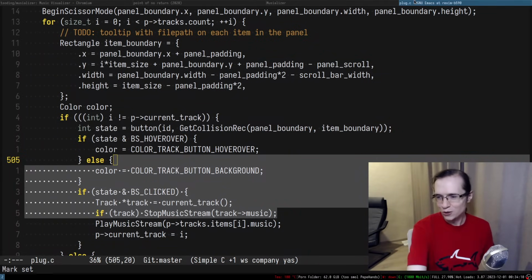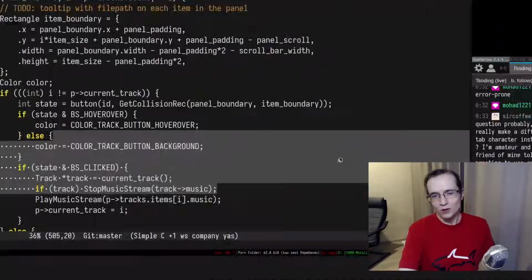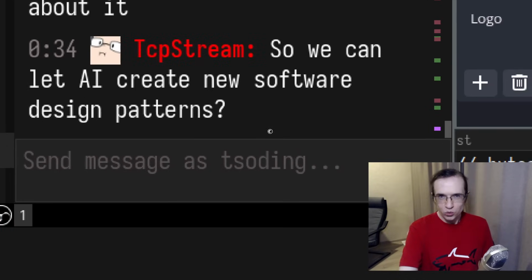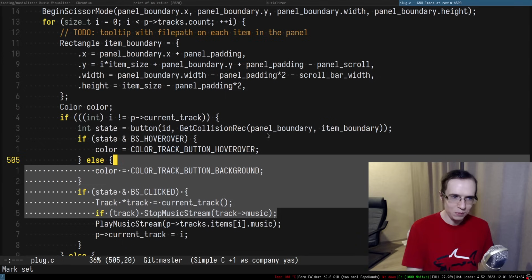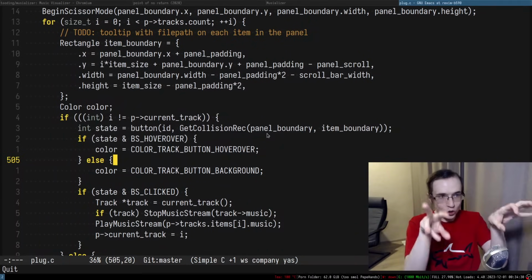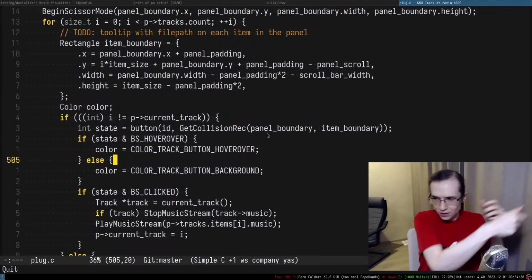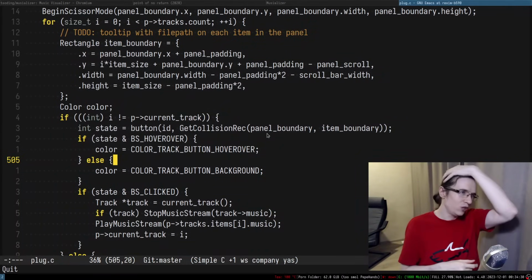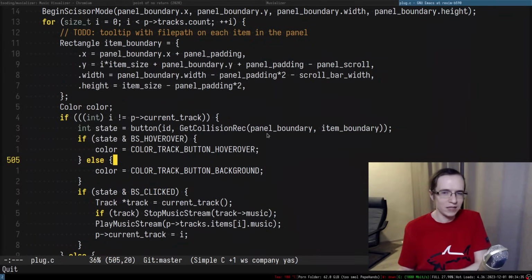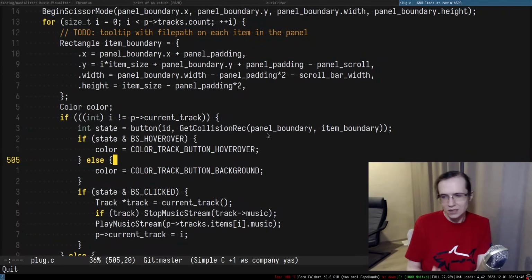So we can let AI create new software design patterns. And ironically, the actually useful AI that writes code would work like I just described, right? It's not going to be like a language model. It's more going to be like a system that performs a gradient descent on the code while looking at the requirements. But to understand the requirements, you kind of need to be a language model. So maybe there will be language model elements in there, but